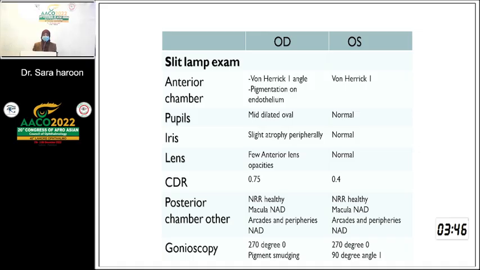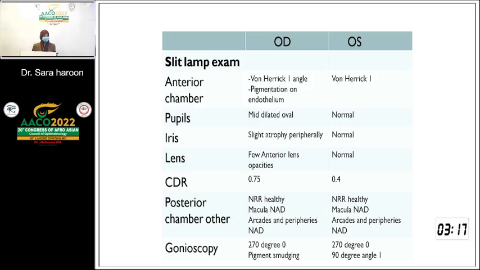The anterior chamber was quite narrow, the Van Herick grade was 1, and there was pigmentation seen on the endothelium. The iris had a little atrophy, and in the anterior part of the lens, there was some opacity seen. The cup disc ratio was 0.75 in this eye, and otherwise the posterior segment was normal. Similar examination on the left eye only showed narrow angles. On gonioscopy, I found that in 3 quadrants no angle structures were visible, and in the right eye there was